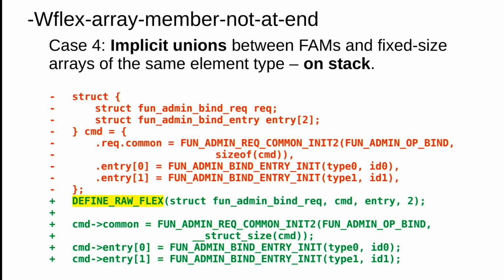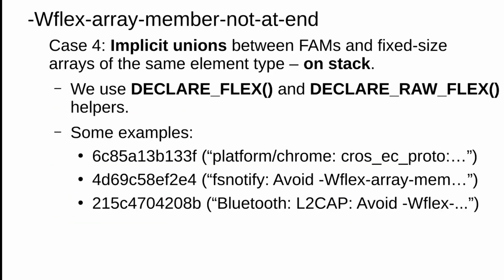And this is an example of the conflicting code. Here is where the warning is triggered. And well, we just need to pass the type of the flexible structure. This is a new object. This is a pointer. Entry in this case is the flexible array member, and the last argument that we pass to this macro is the number of elements that we want our flexible array member to contain, right? And well, here we have index 0 and index 1, and that is basically the solution for case number 4.